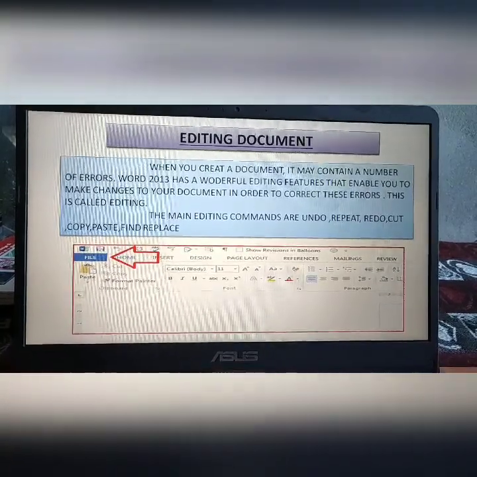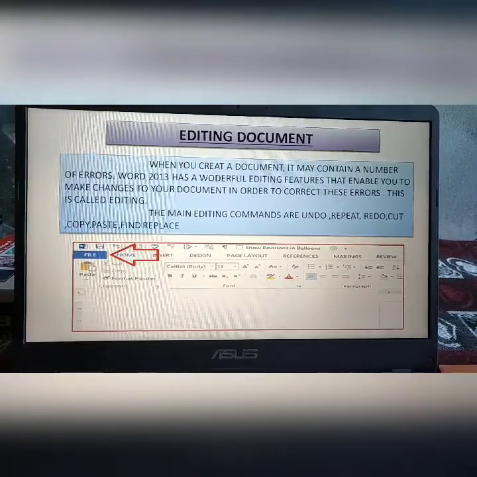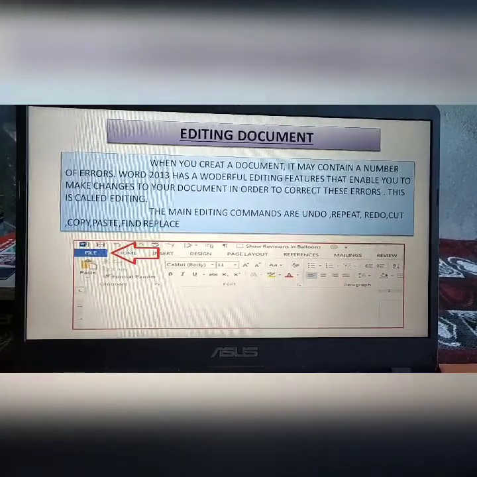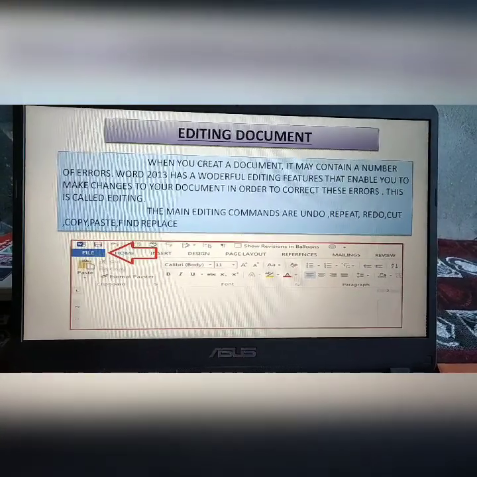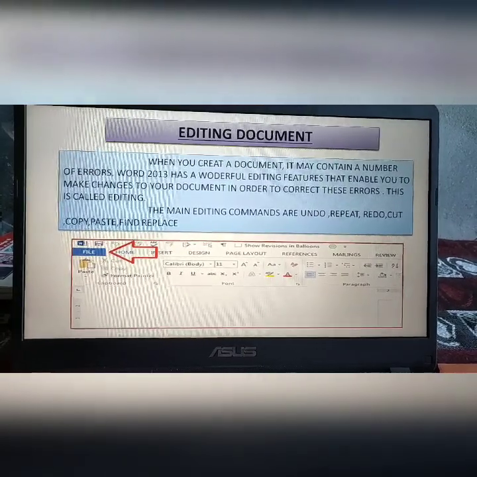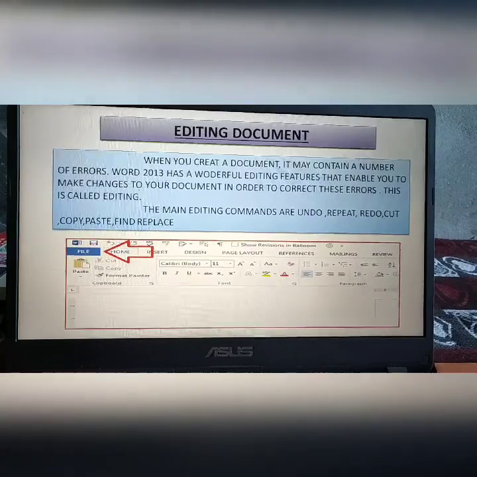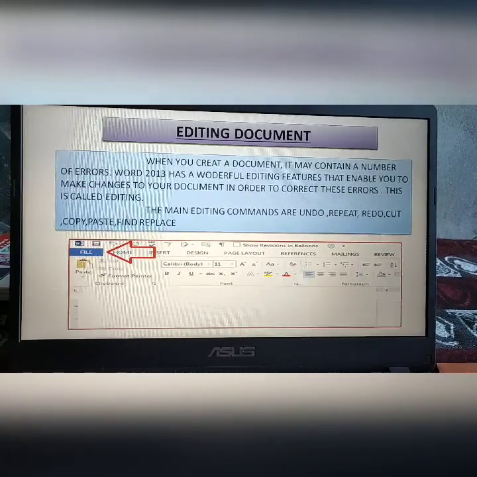And Microsoft Word 2013 has wonderful editing features that help us to eradicate our errors or mistakes and make our document correct.